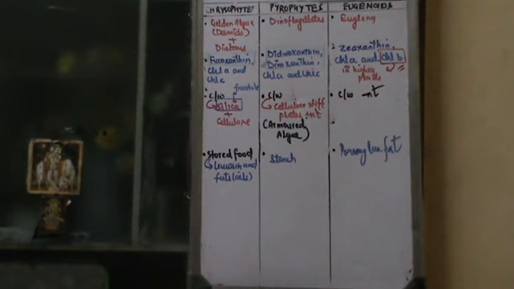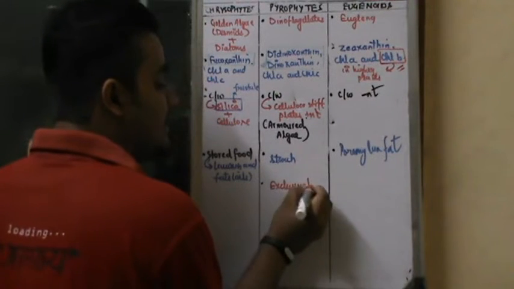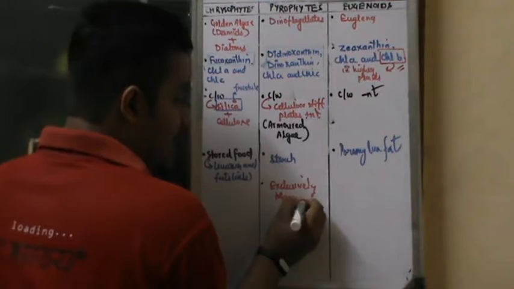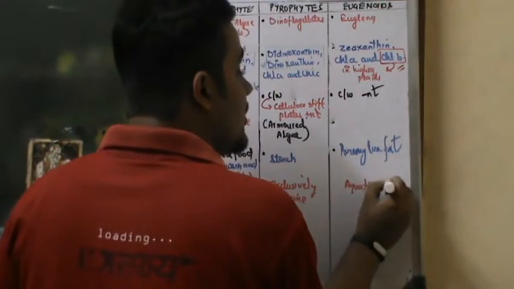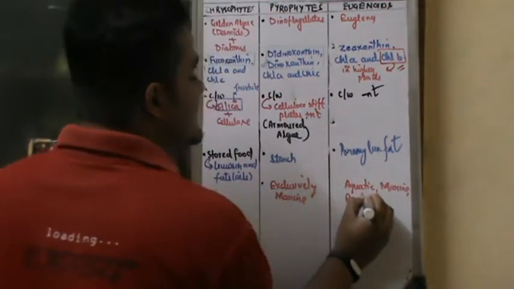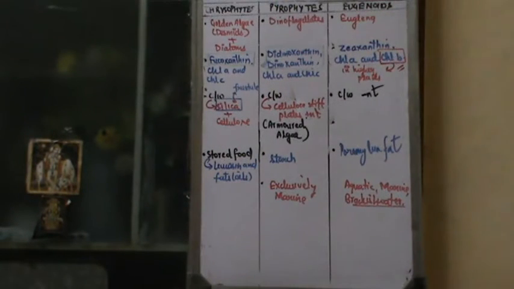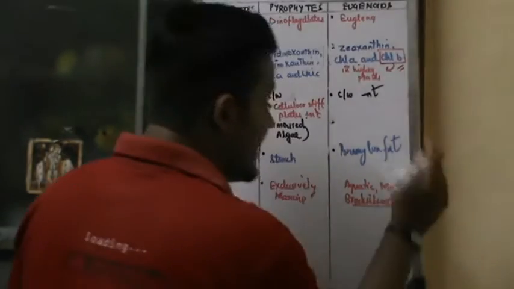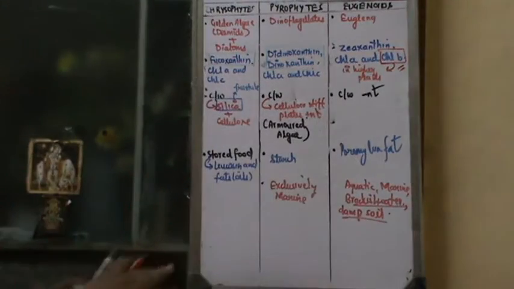That is one thing. Other than this you have to remember, हमेशा याद रखना, these are the group which are going to be exclusively marine. NCERT liner, these are exclusively marine. This is the particular group which will be aquatic and marine, or they are also found in freshwater, or they are found in brackish water. NCERT liner, the particular type of protistan which is found in brackish water, NCERT exemplar, this has to be understood by you, is going to be euglenoid. Other than this, it is also found in damp soil. Again very important, very unique characteristic.